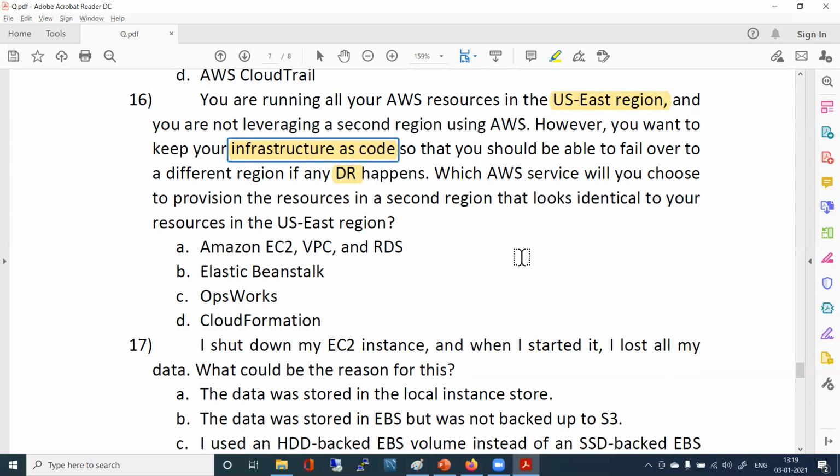So it's CloudFormation. Remember the name: formation, you can form the cloud. We can keep infrastructure as code. We can create a stack, keep the infrastructure as code in a template, and from that template we can copy the entire setup. Whatever we have in the US East region, we can copy the entire setup and deploy it